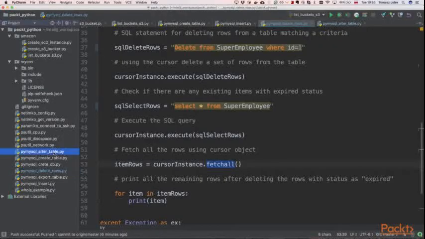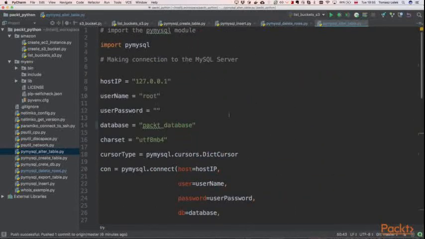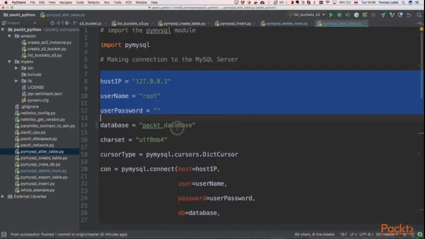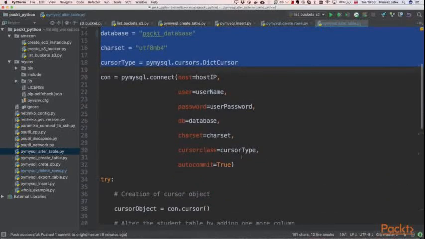The last task that we wanted to perform was to add a new column to the existing table. So we want to alter the structure of the table, but we want to keep backward compatibility. So we want to add a new field. But let's start from the beginning. We are creating a new connection using the database that we specified here, and also there is one additional parameter and